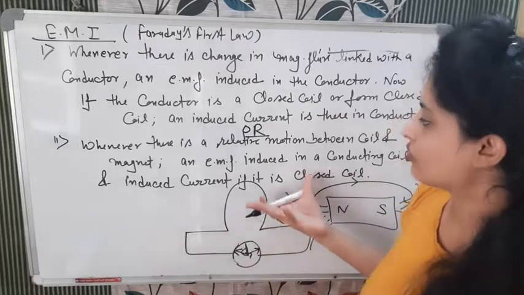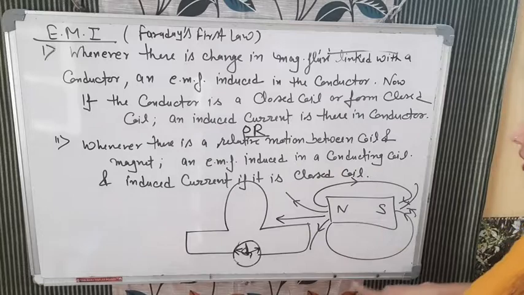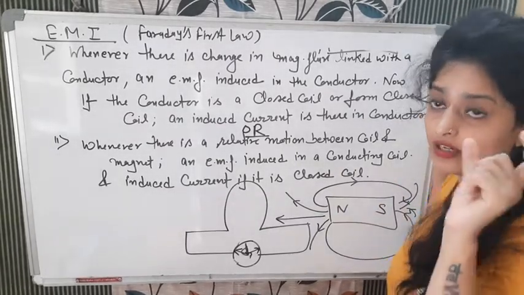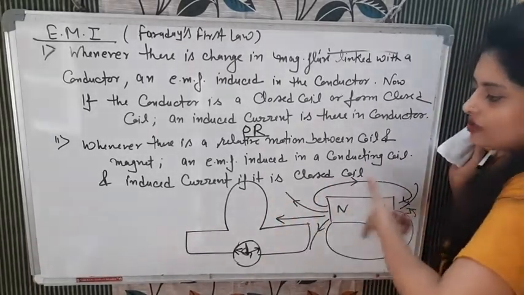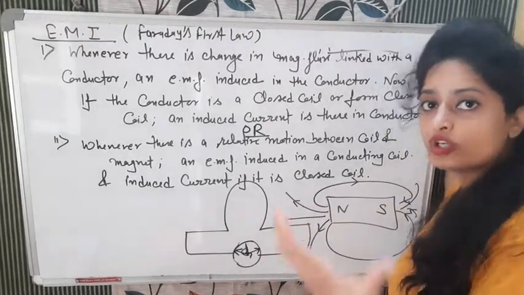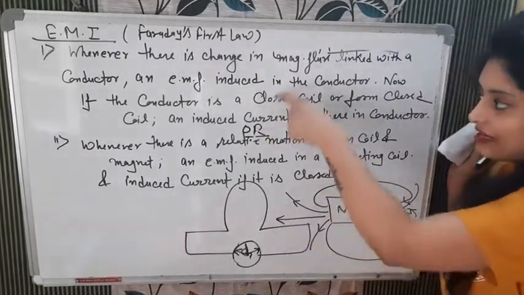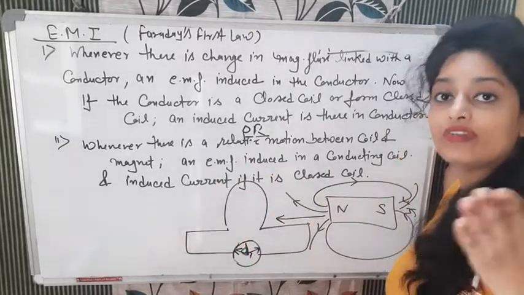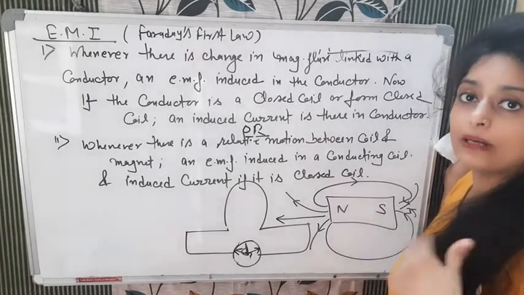So if you are taking that closed coil, no need to write it again and again, because you are showing that there is a closed coil. Okay, so what is happening in the first experiment? I hope you are getting the first experiment, that whenever there is a change in the position, when we are moving the magnet or this coil, due to the relative motion of the magnet and the coil with respect to each other, there is a change in the number of magnetic field lines that will cross this area, and because of that magnetic flux is changing, and when magnetic flux changes, what will happen? Current will be induced, EMF will be produced.